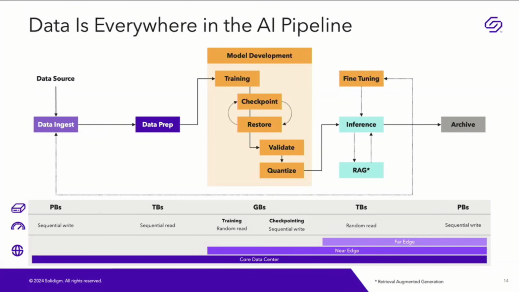Then you move into the light blue boxes, inference, and more these days with generative models, you have a RAG component, retrieval augmented generation, where you're connecting that model to external sources of data that it was not trained on, right? This may be your corporate SharePoint, your email inbox. If it's an enterprise environment, you're doing an internal RAG setup. It may be Wikipedia or news sites, or for broader